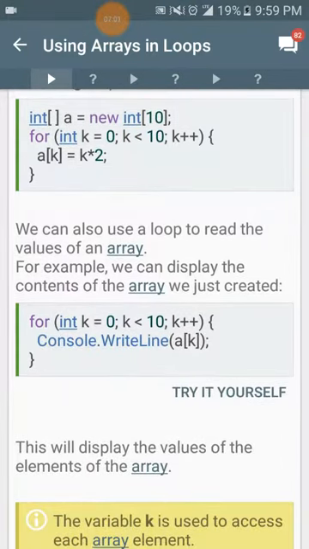We can also use a loop to read the values of an array. For example, we can display the contents of the array that we just created above. For (int k = 0; k < 10; k++). And in the for loop's body, which is enclosed in curly braces, we have a single line. This one says Console.WriteLine(a[k]);